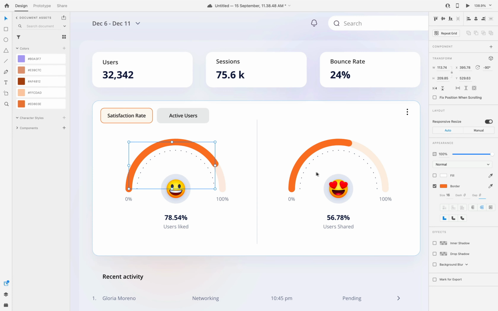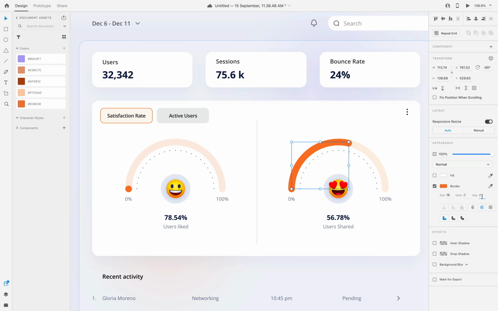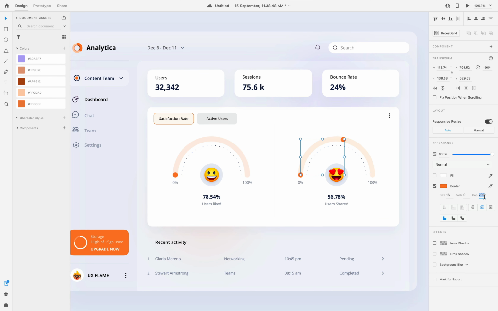As I set the length of both lines equal to the values of our data, now it's time to define the dashes and cap size. So here let's set the value to 250, which isn't enough, so let's increase it to 300. And for the second one, let's set it to 200, not enough. Let me zoom out and type 210. Perfect. So I will copy this artboard